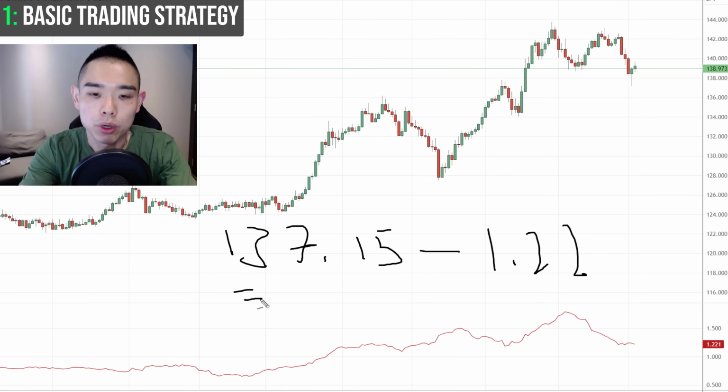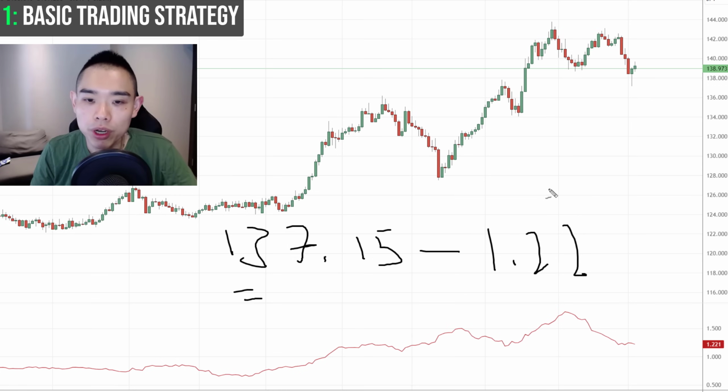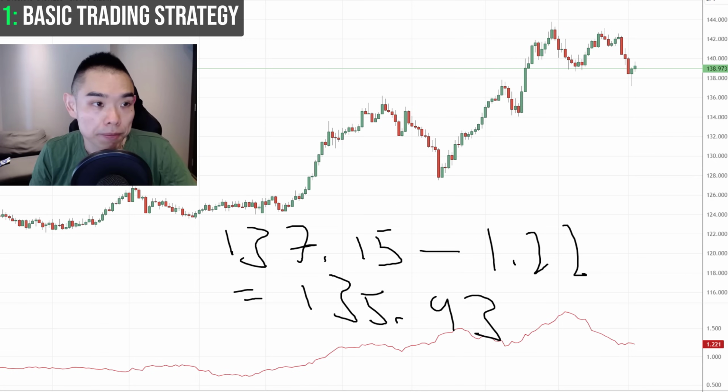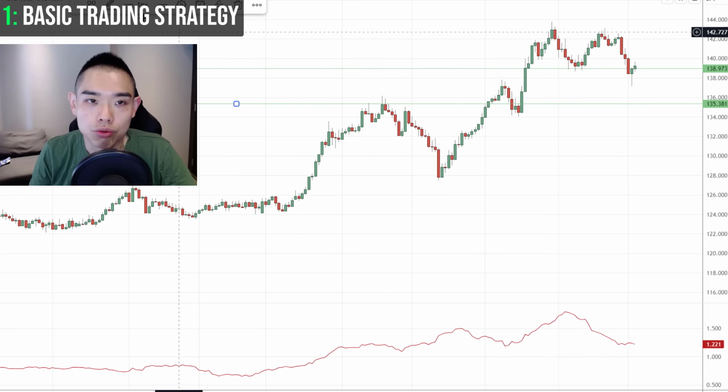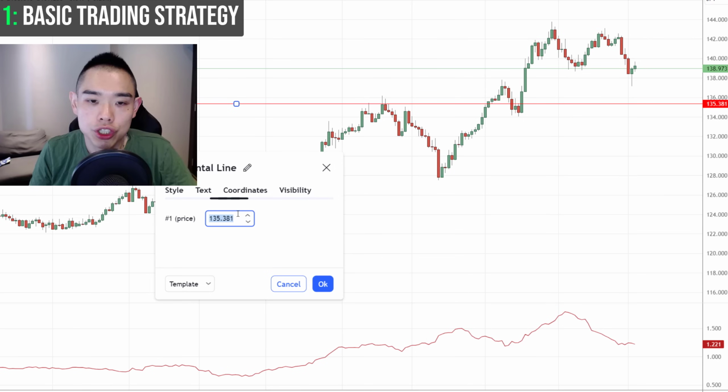137.15 minus 1.22, and that gives me 135.93. Okay, so with this value in mind, that is where my stop loss is going to be. Let me just walk you through 135.93. So I'm going to set this over here. I'll change this to red, and I'll change this to 135.93, and that will be my stop